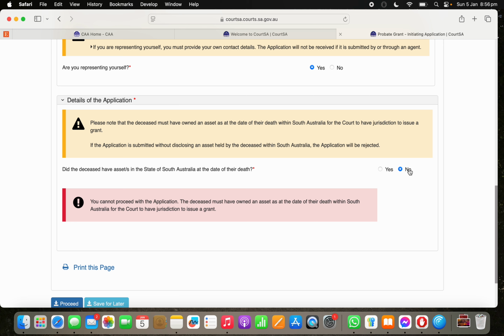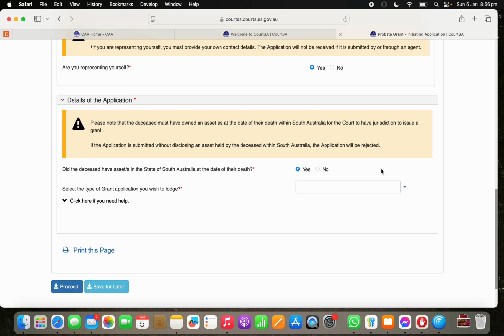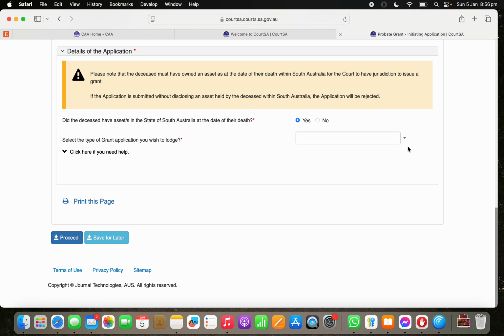Now, a note on different coloured boxes. Red boxes are stop, you can't go any further. Yellow boxes are warning boxes, please read this, and blue boxes, like we saw on the previous page, are more of a for your information type box. So we're going to say yes, there is an asset here, and then select the type of grant application you